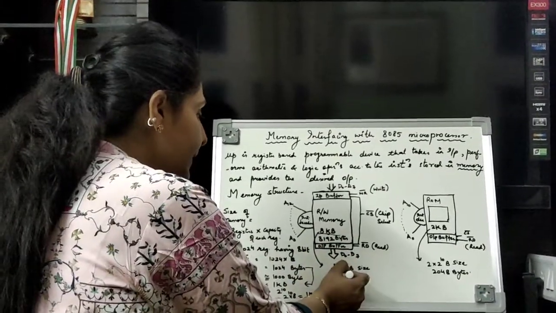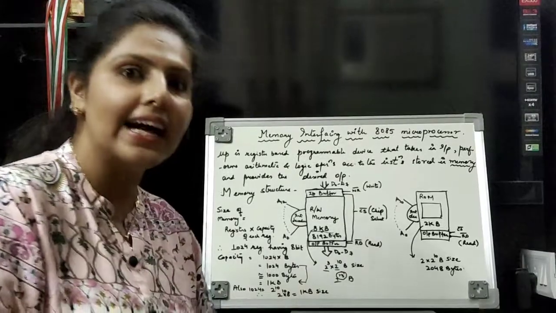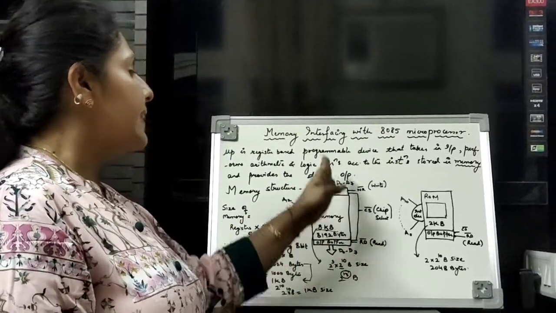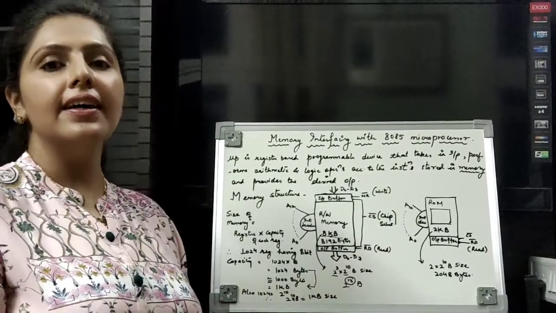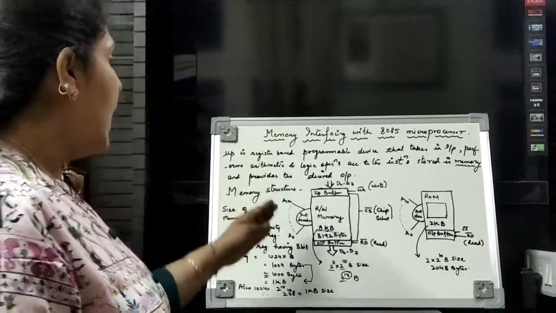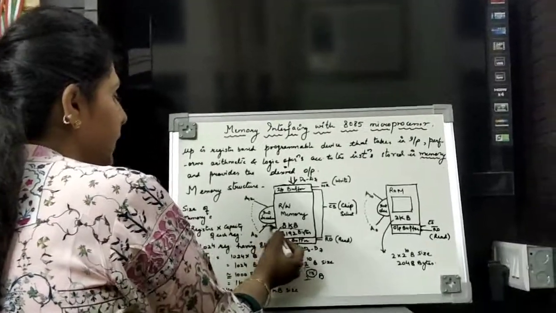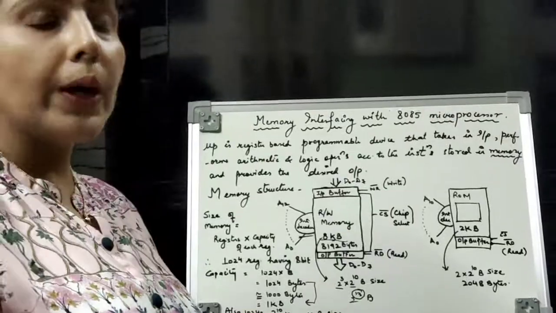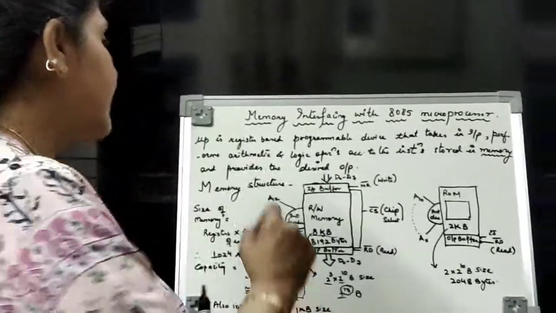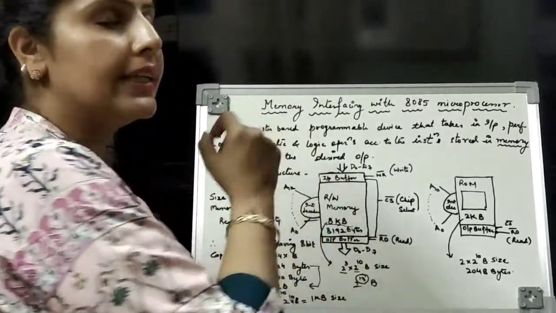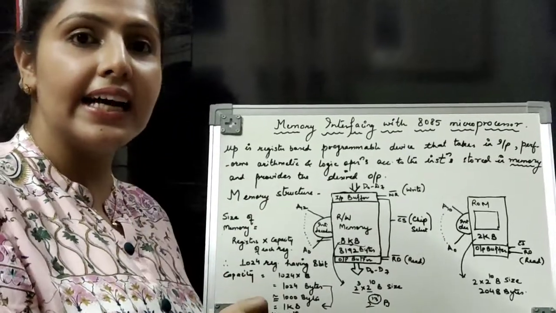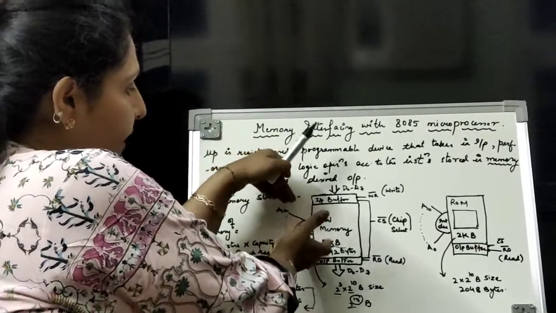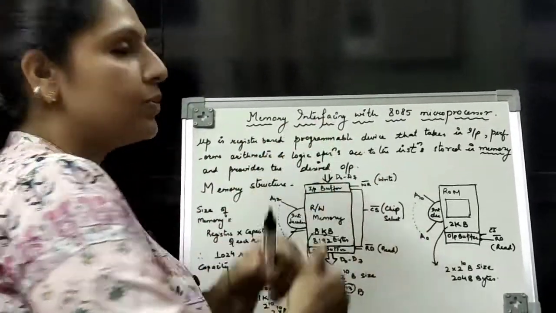This number is the number of address lines used to address the registers in the read-write memory. Now I will come here. This is the internal decoder block. What is that? This is basically a decoder which decodes the address lines from the 8085. The address lines come, it decodes them and then gives them to the memory.